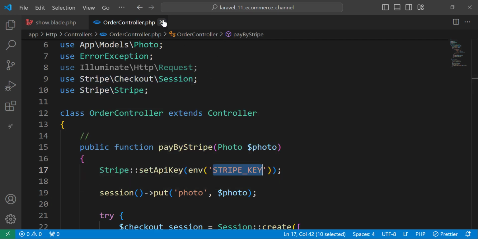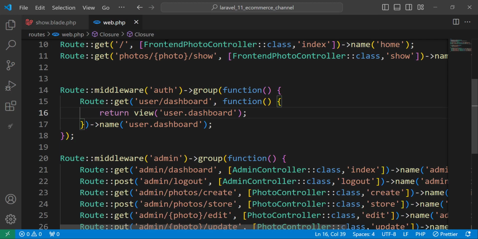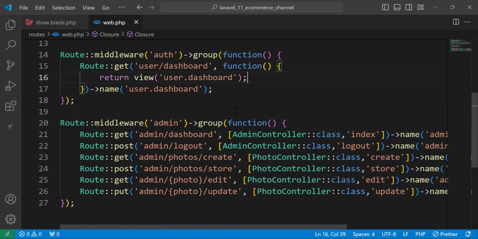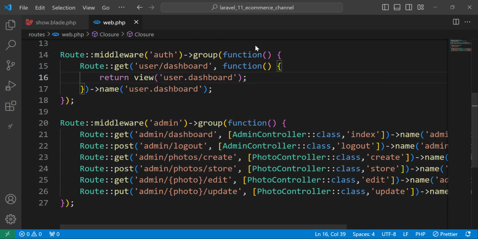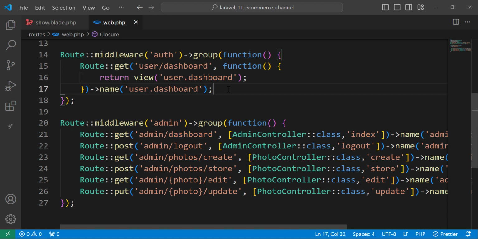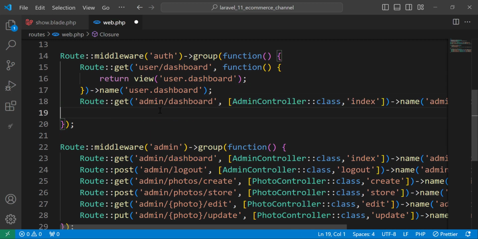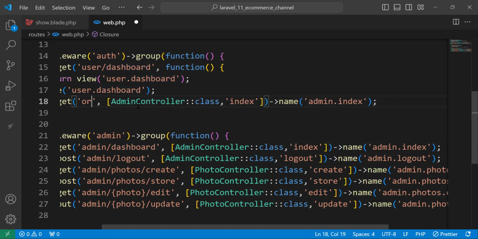Now we need to add the route. So let's move to the web.php file and add the route, and the route needs to be here. So the user needs to be logged in to buy the image. So let's add the routes. Let's copy one of these routes from here and paste it here. And the route will be order, and we need to provide, as we have seen, the photo and photo ID,